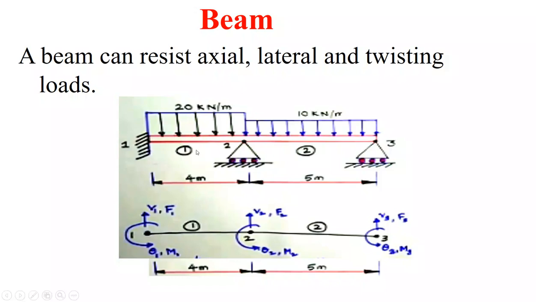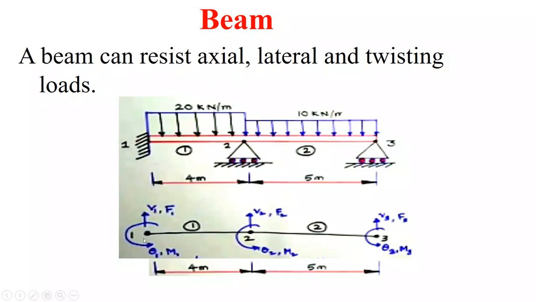They have three constraints: one is a fixed constraint, the other two are roller constraints, and there are two different types of forces acting on the beam. Based on the loading conditions, we need a minimum of two elements, so here we consider two elements. Element 1 has node 1 and node 2, and element 2 has node 2 and node 3. Each node has